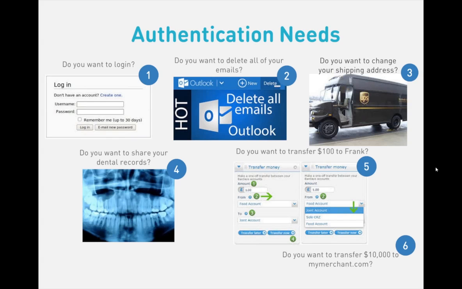Now, if you look at the different applications we're using on the internet, we see that we have different security needs. It's not only a single risk level we have. For example, logging into a website has a completely different risk characteristic than a task like deleting all emails in our email portal, or changing the shipping address. Ordering something to an established shipping address is not that risky, because worst case you ship it back to companies like Amazon and you get your money back. But if the goods are shipped to a different address, the attacker could get the goods. So it's a different risk profile.